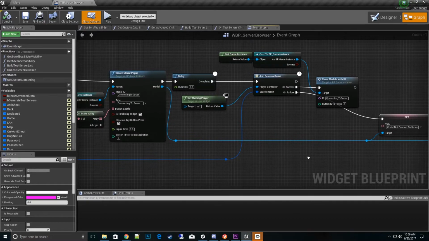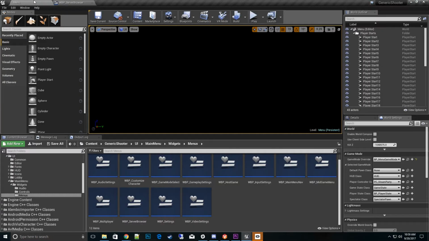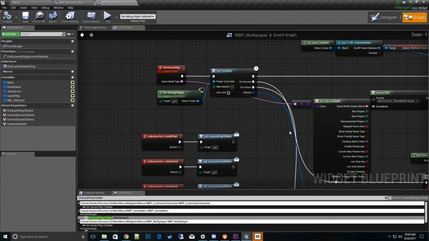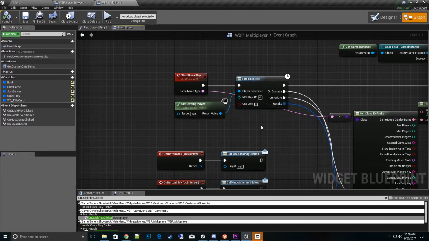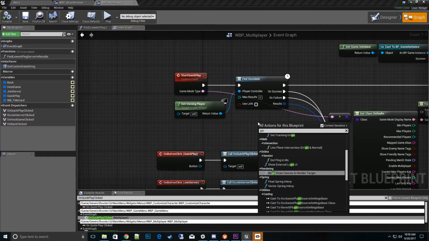The last thing we're going to do is the quick play. So let's go ahead and go to the menu. This one will go directly to it. It's under WBP multiplayer. Open that up and drag it over here. And underneath there we have a find session that we need to change also. So let's go ahead and do the same thing we did before. Find session,